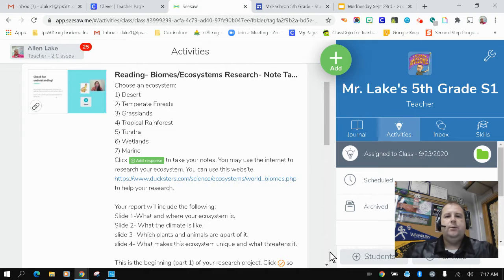I just want to run through what we would talk about from 8 to 8:30 if you popped in. For today's assignments in reading, you will be learning a little more about biomes and ecosystems and taking notes. For your assignment today, you will choose an ecosystem to research. You have been provided a website here that will take you